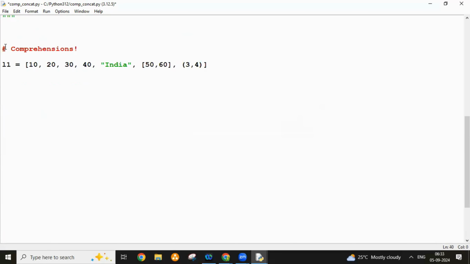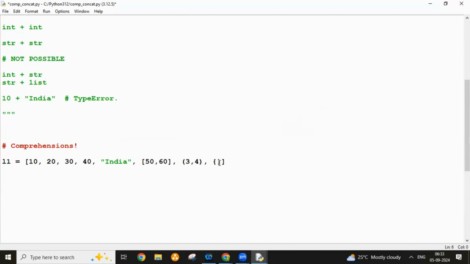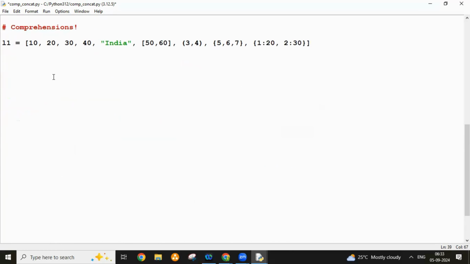Yeah, guys, I wantedly made this. Also let me add a set of 5, 6, 7. Got it. And also a dictionary, 1 colon 20 and 2 colon 30, for example. You got it. Now you will understand how powerful it is. We have done a similar task. Okay, the task is